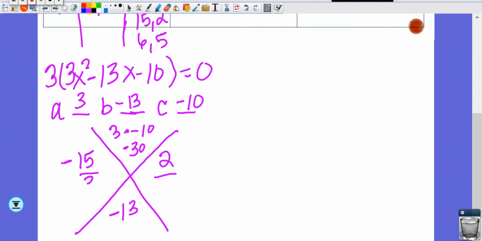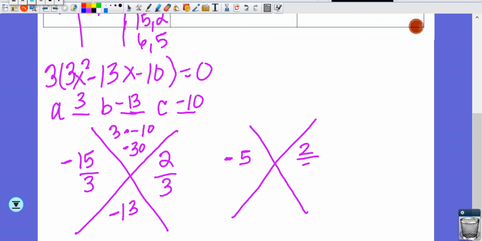So here I'm going to put the A under each one of these terms. And then you have to go to your calculator and make sure these are reduced. So I'm going to draw me another little X box for my reduction. And negative 15 over 3 reduces to negative 5. And then 2 over 3 does not reduce. And you can use Desmos to check that out. So the answer to this question ends up being x minus 5 and x plus 2 over 3, but we